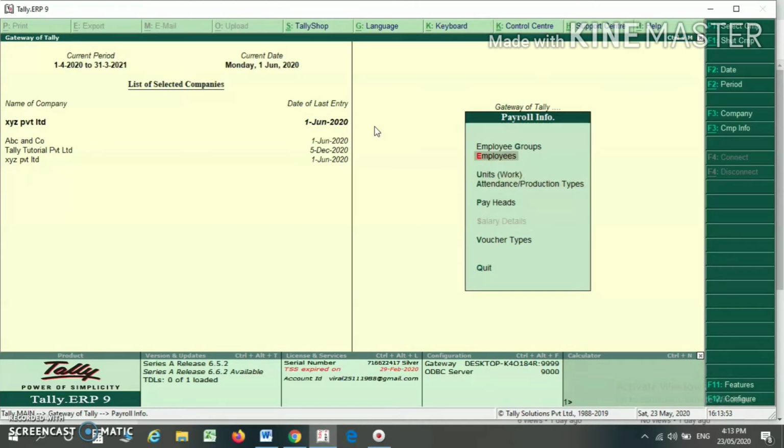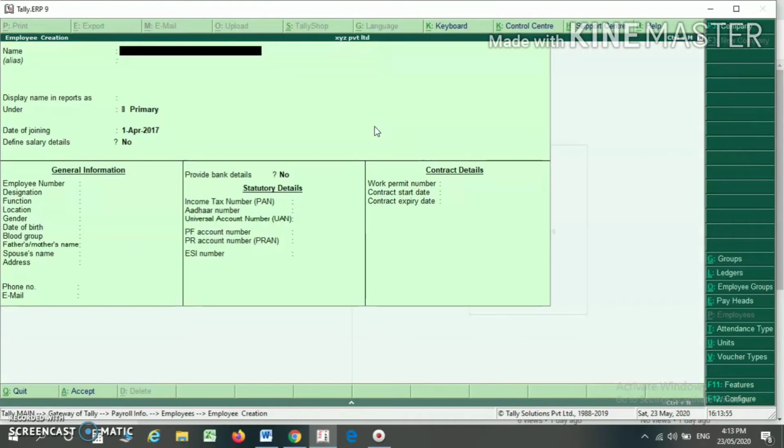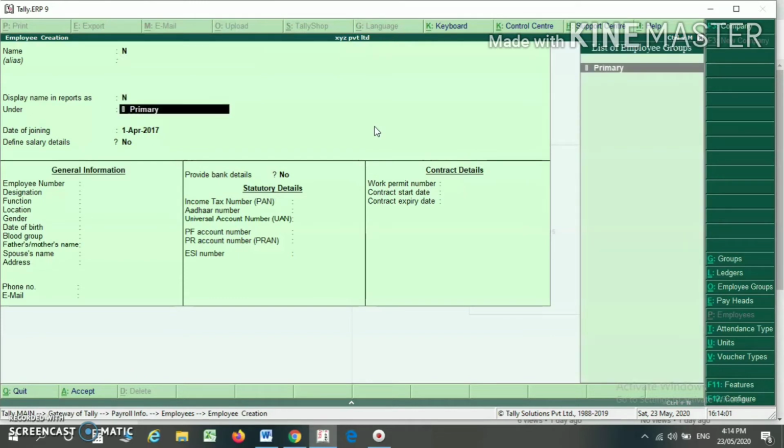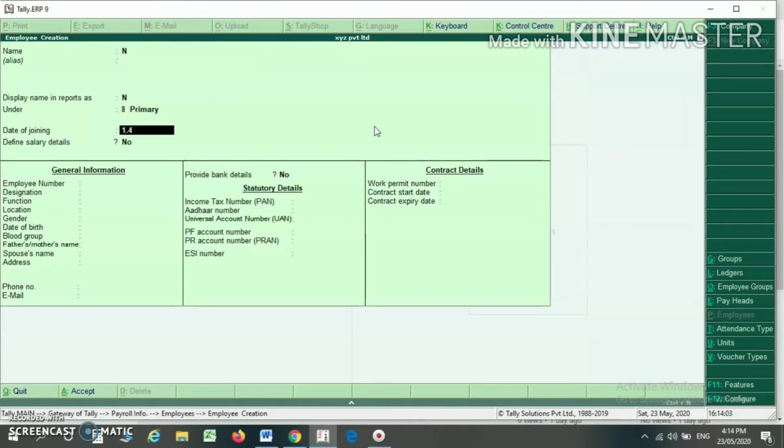Now I am creating employee. So I am creating employee, that's it, my employee name, and under the head primary, here I have to write his joining date. Here I have to write his salary detail. So if I want to define his salary detail, then I can define, otherwise I can select no. So I am defining his salary detail, so that the automatic calculation will be easy.